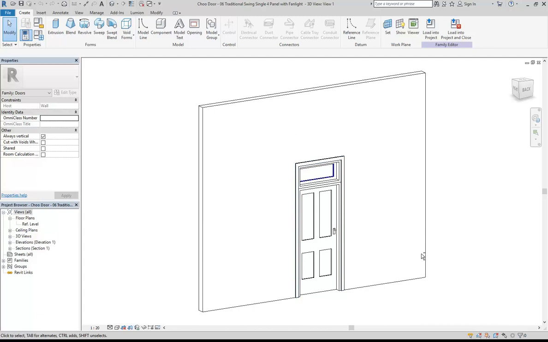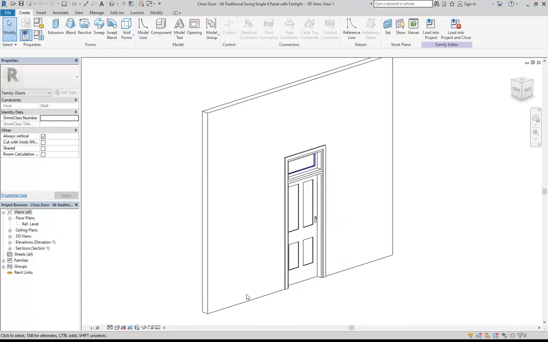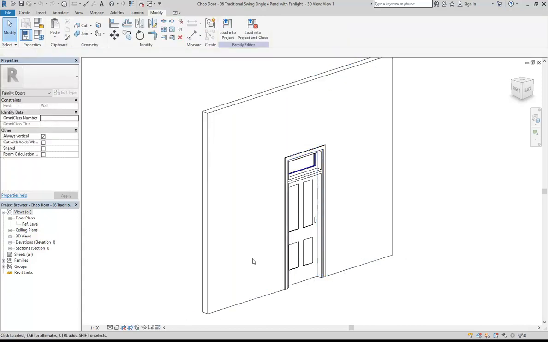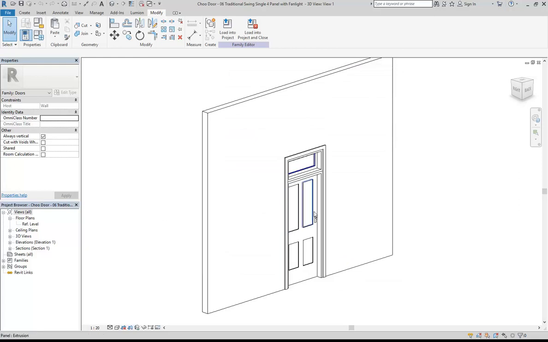Why can't they give you a wall if they can't? Oh, it's just hidden. It's always going to have a wall in a door family or a window family. You'll always have a wall there. So if you can't see it, use the shortcut VV, and that'll bring up the list of elements, and you'll see then that walls probably is turned off if you can't see it. So I can see by orbiting around,